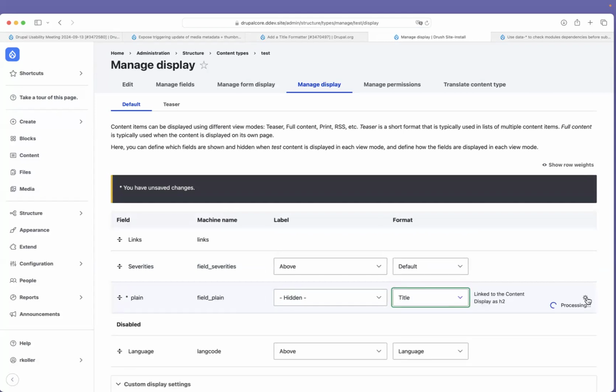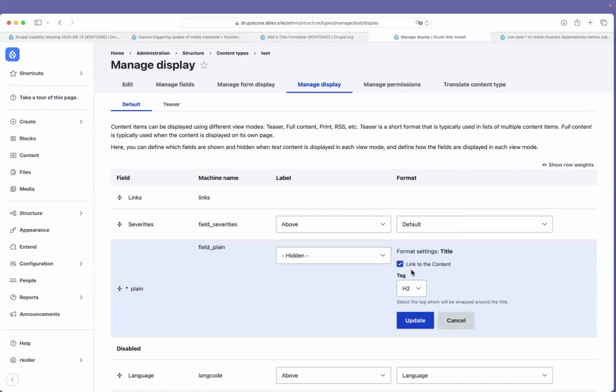If you go to the settings, aside from the link to the content, you also have the option to set the tag for that field. So you can choose between span, div, h1 to h6. And in the front end, it looks like,